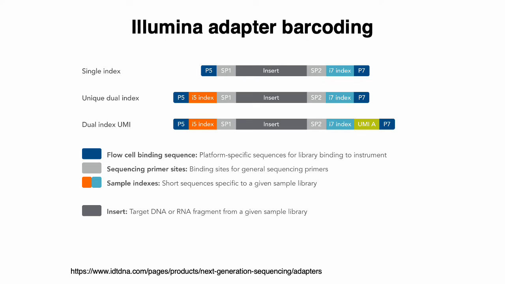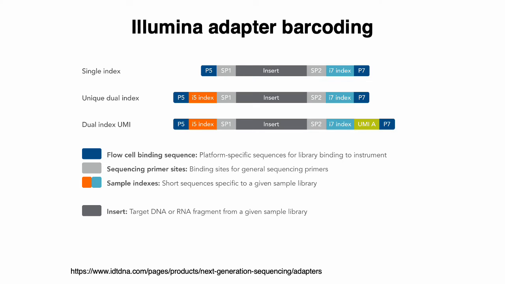This I7 index is basically what allows you to multiplex multiple samples together for sequencing. So if you were to sequence, say, 3 samples all in the same run of Illumina, each sample would basically get